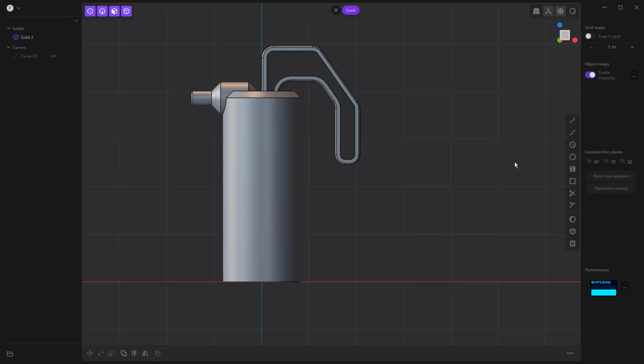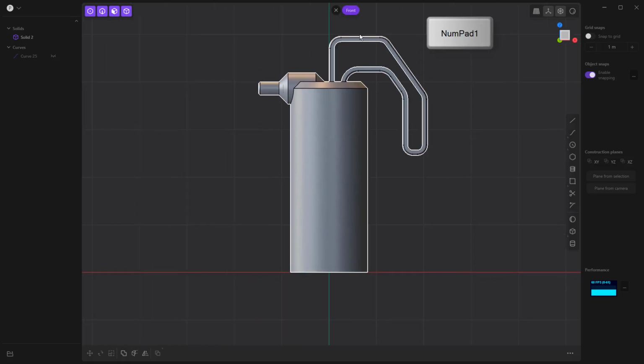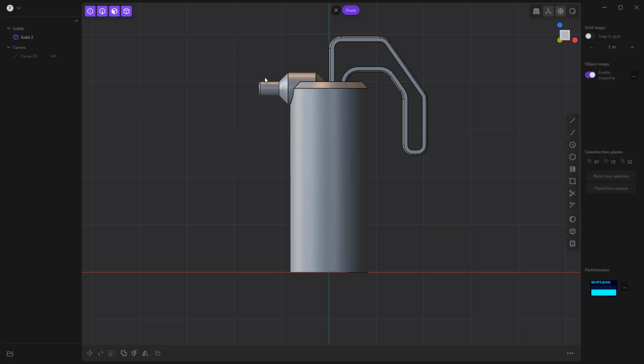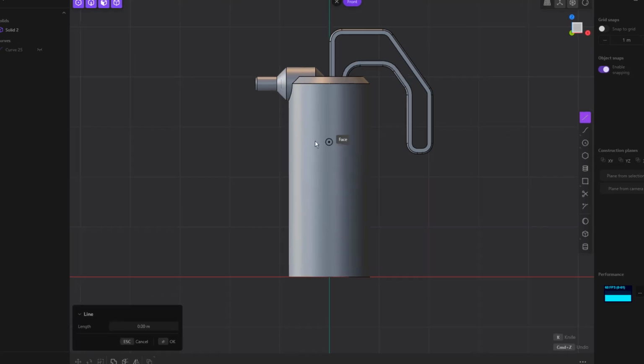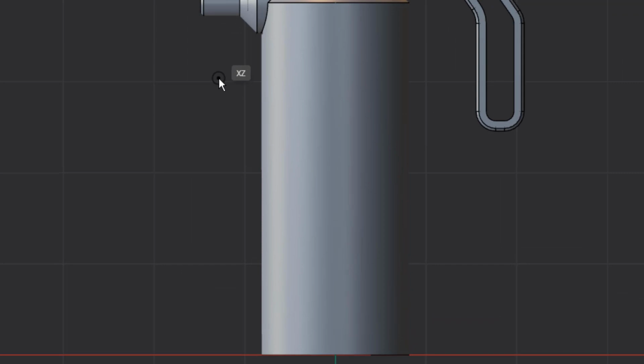So the first thing I want to do is go to a side view, which again in this case is front, but the way I have the object drawn, this is the side of our object. And I'm just going to start with my line tool. So I want to create a little bit of a recess here. So I'm just going to make sort of this curve shape. And again, if I want those snaps, go back to this point,